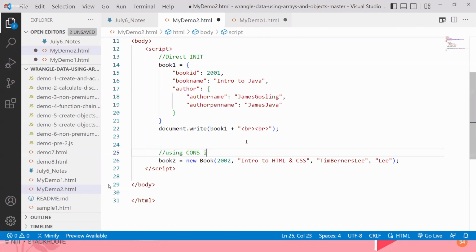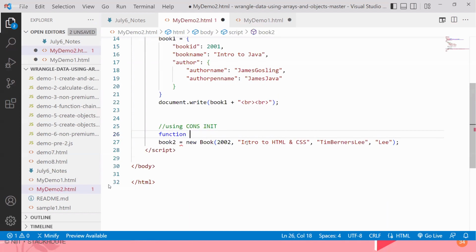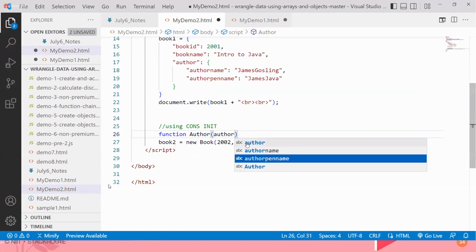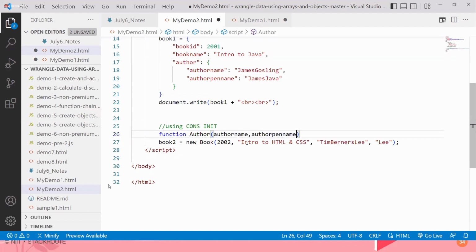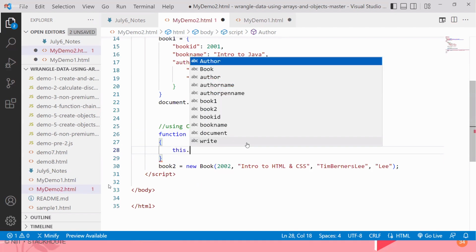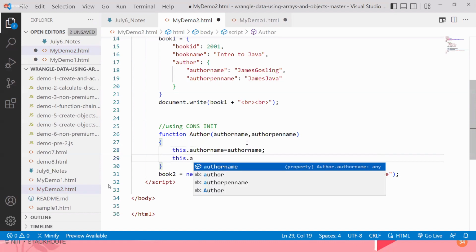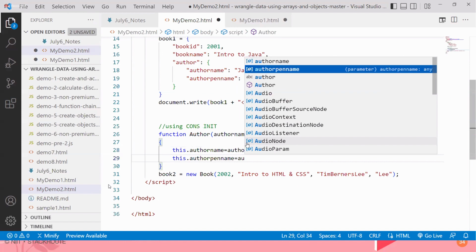Using constructor initialization. There is no special functionality for constructor. Constructor also comes under function. So let me define author. So author is holding author name, comma, author pen name. So what is the keyword used to initialize class variables? This. Same you need to use here. So this dot author name is equal to whatever author name you are passing, this dot author pen name is equal to author pen name,